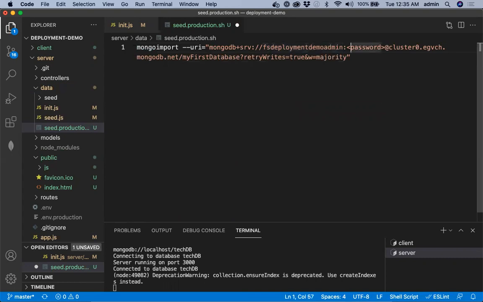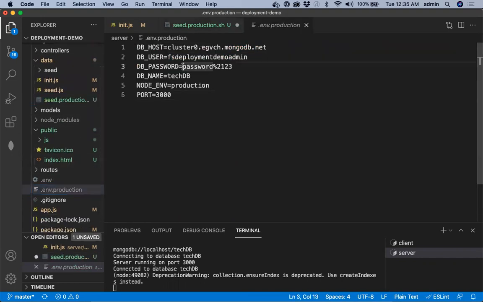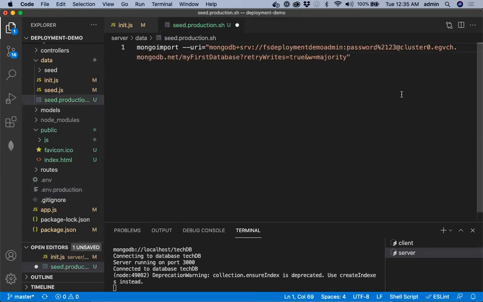And password would be what we have set in here. And this will be TechDB. And this one you can set SSL true.